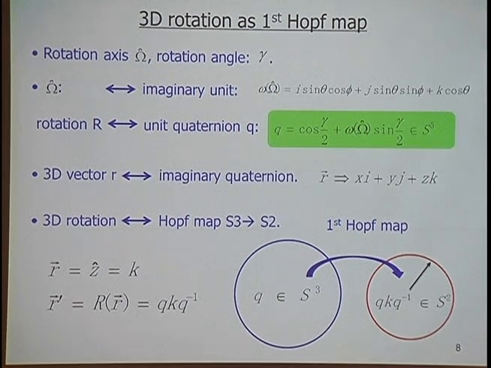Then how do we rotate any vector in three dimensions? It is mapped to a purely imaginary quaternion. For example, let's choose a particular point along the unit vector in the z direction, which maps to the quaternion imaginary unit k. If you want to do a rotation, just put this k in the middle and sandwich it between the rotation q. And if we take this rotation q through all of the three-dimensional sphere, then we realize a mapping from S3 to S2. So three-dimensional rotation in terms of quaternions is an explicit representation of the first Hopf